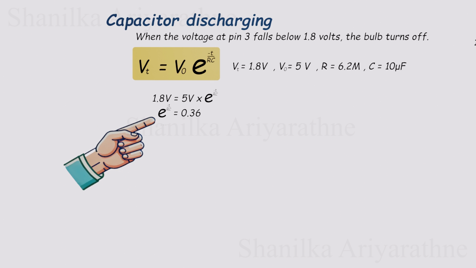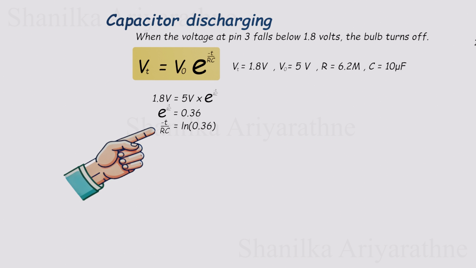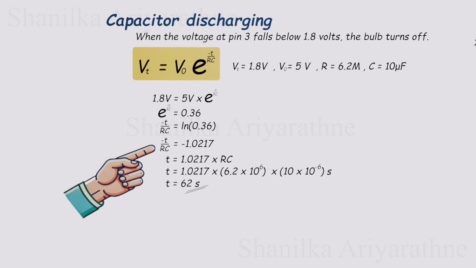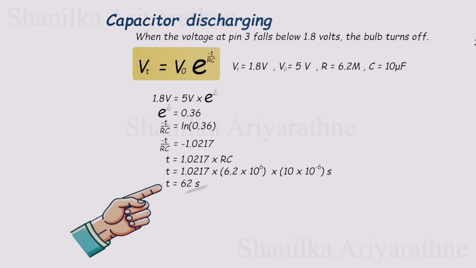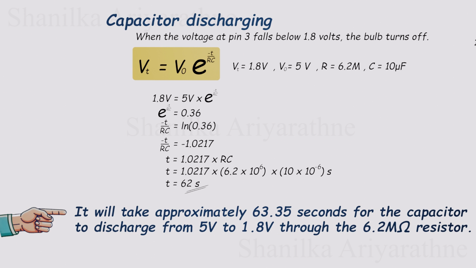Now, to solve for time t, we rearrange the equation and take the natural logarithm of both sides. After calculating, we find that t over RC is about 1.0217. Multiplying through by RC, we get t is about 62 seconds. So, it will take approximately 62 seconds for the capacitor to discharge from 5 volts down to 1.8 volts through